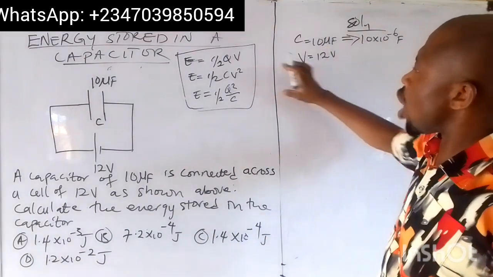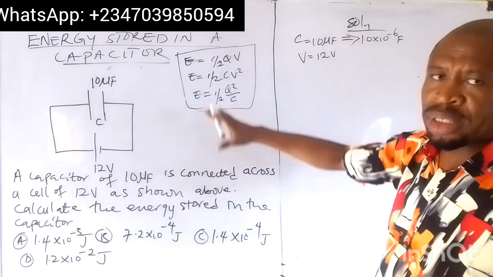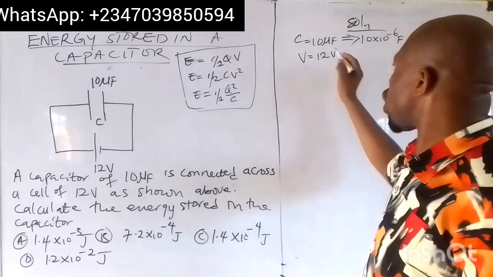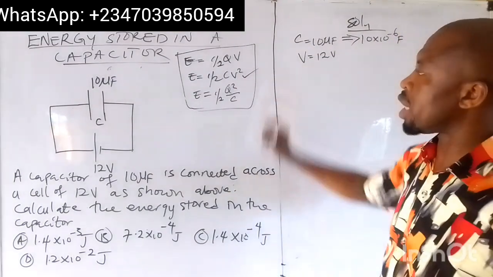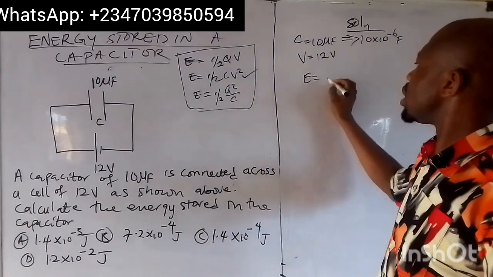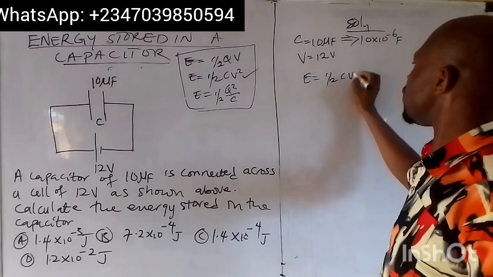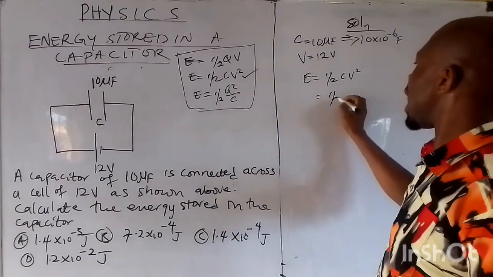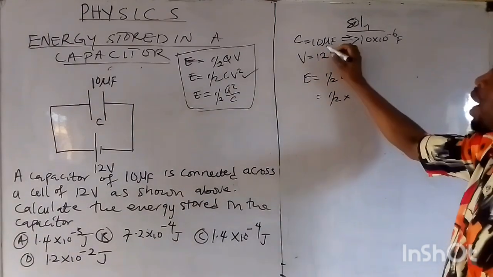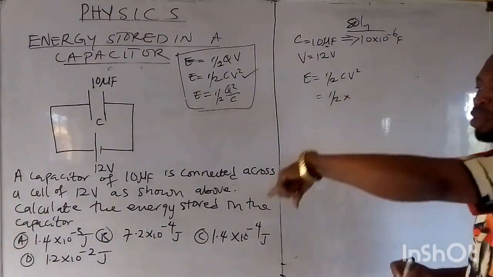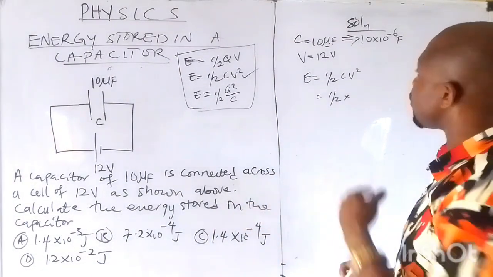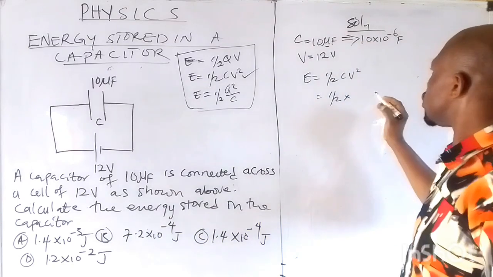Now, these are the three equations we have, and from these three, only one will go. Of course, the only one that will go is the second one. And this one says E is equal to half CV squared, which will give us half times C. Anytime you see micro, please make use of it, unless maybe from the question, from the options, the micro is indicated. If not, insert it. So which will now give us